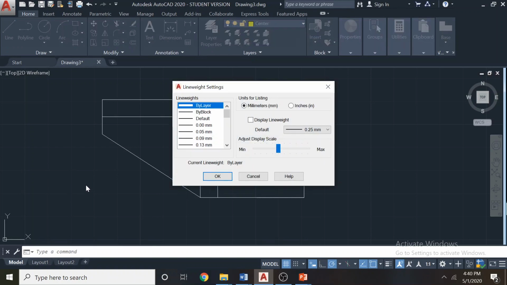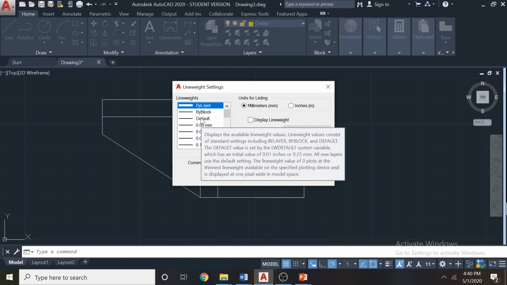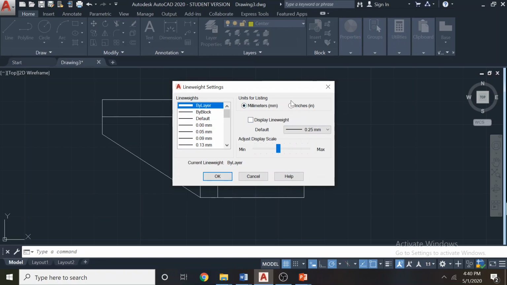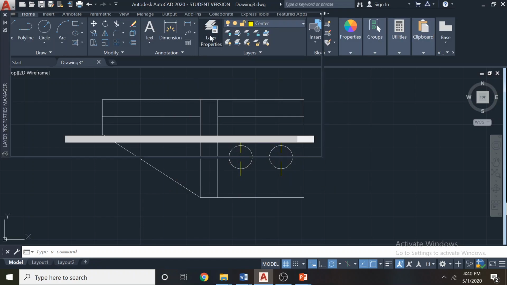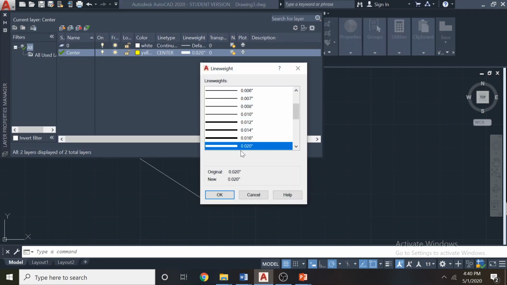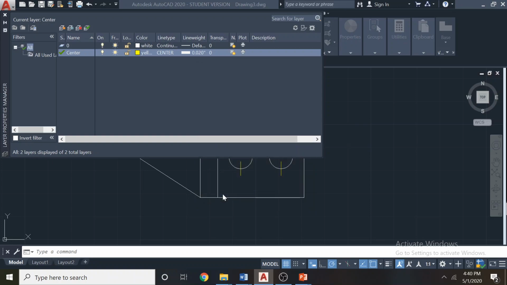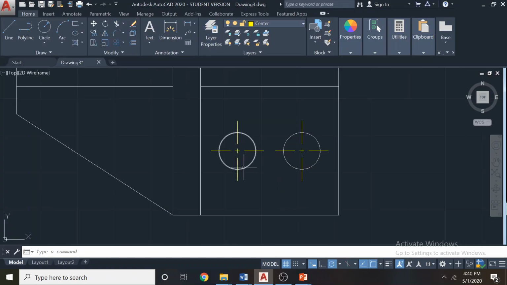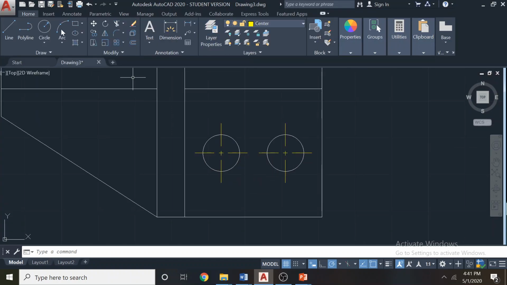So I have a question about line weights. So I type the line weight command. Now you can see there's a tool to change the units. So I can change it to inches. Now when I go here and check, it appears in inches. So there's no problem. You can always change the units to metric or inches. So sometimes our questions can be in inches. So please remember this option also.